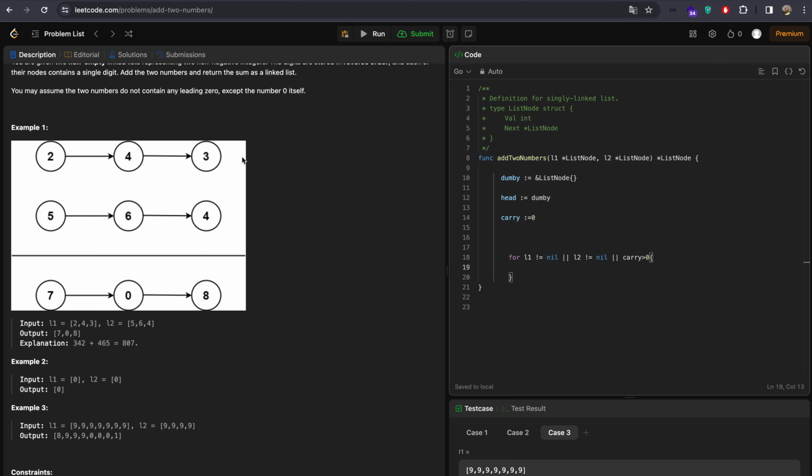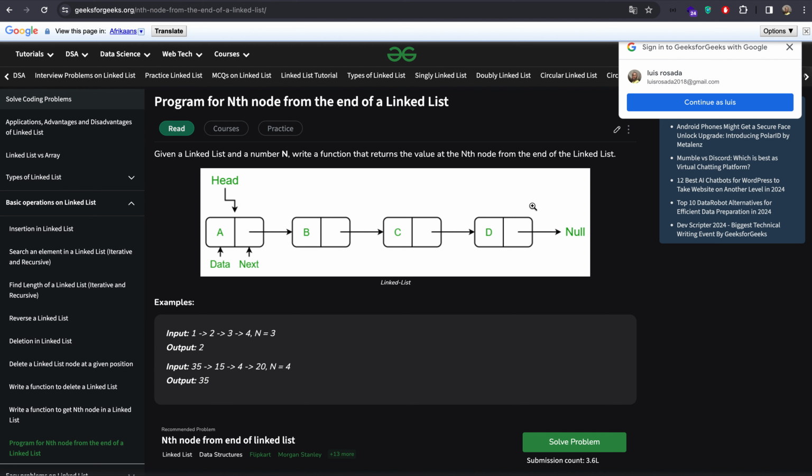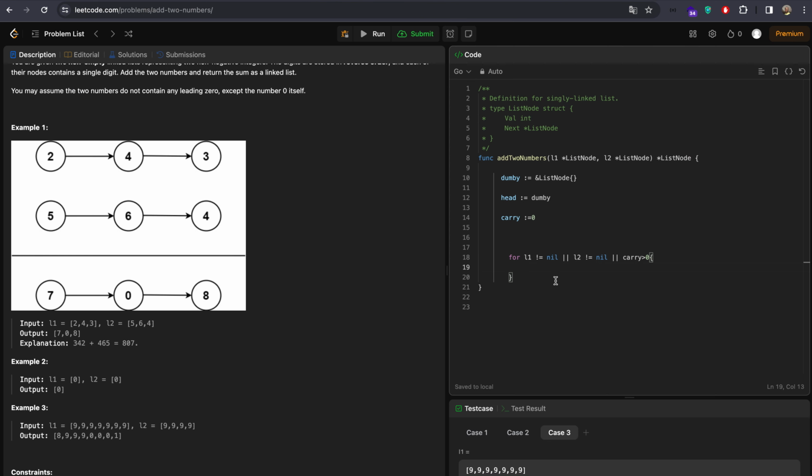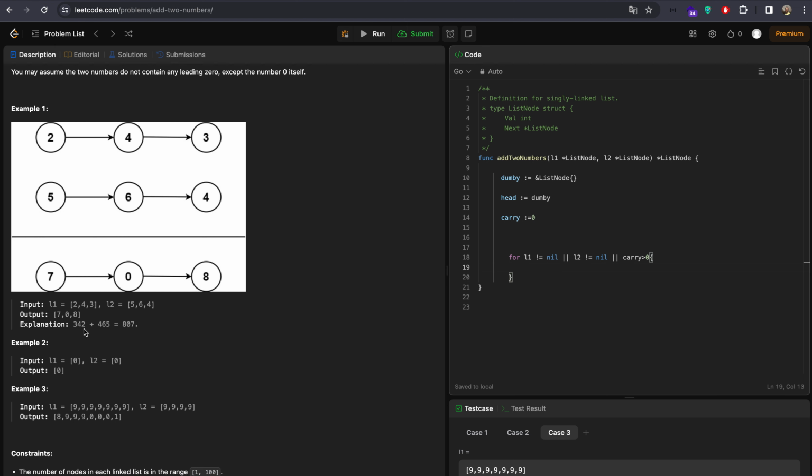We don't have a next after that, because if we look here, the last node, its pointer is null. Its pointer is null. For that, I need to create one sum, because I need to sum